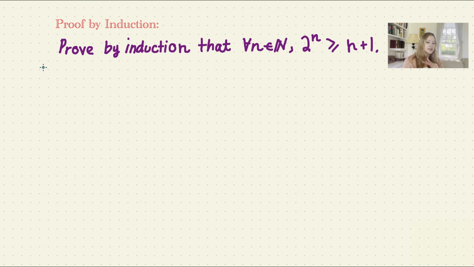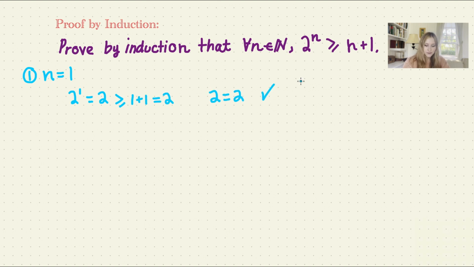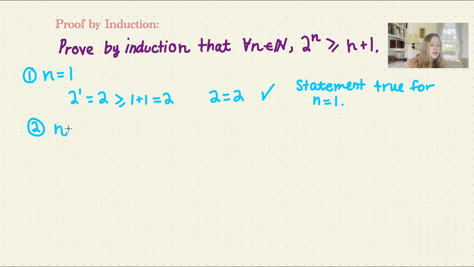For natural numbers, it's going to be n equals 1 always. So we start with n equals 1. We just plug it in at this point. 2 to the first power, which is 2, is greater than or equal to 1 plus 1 equals 2. 2 equals 2. Therefore, the statement is true for n equals 1. Easy? Good. Second step that we do, for all natural numbers n greater than 1: